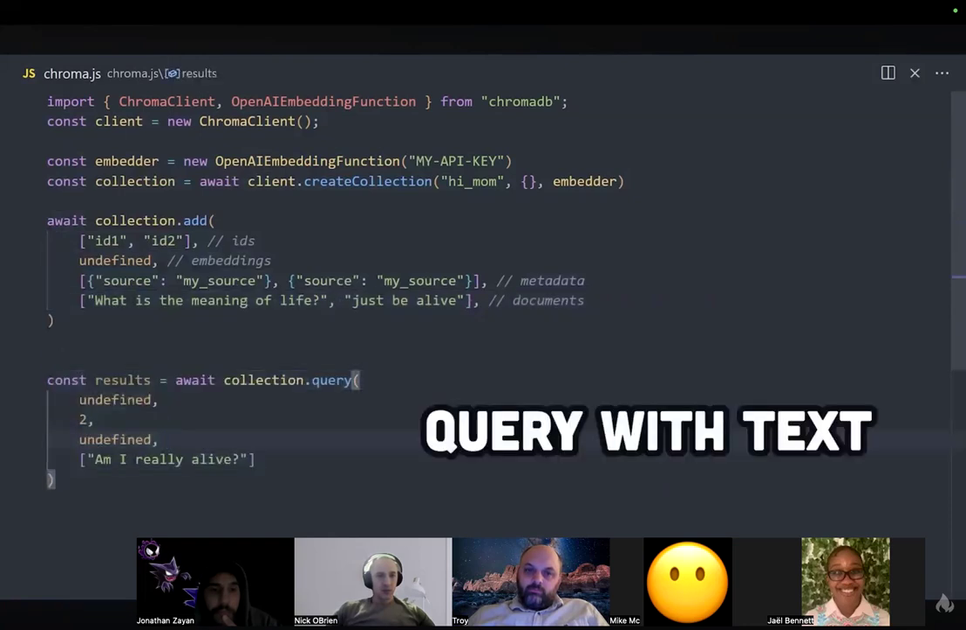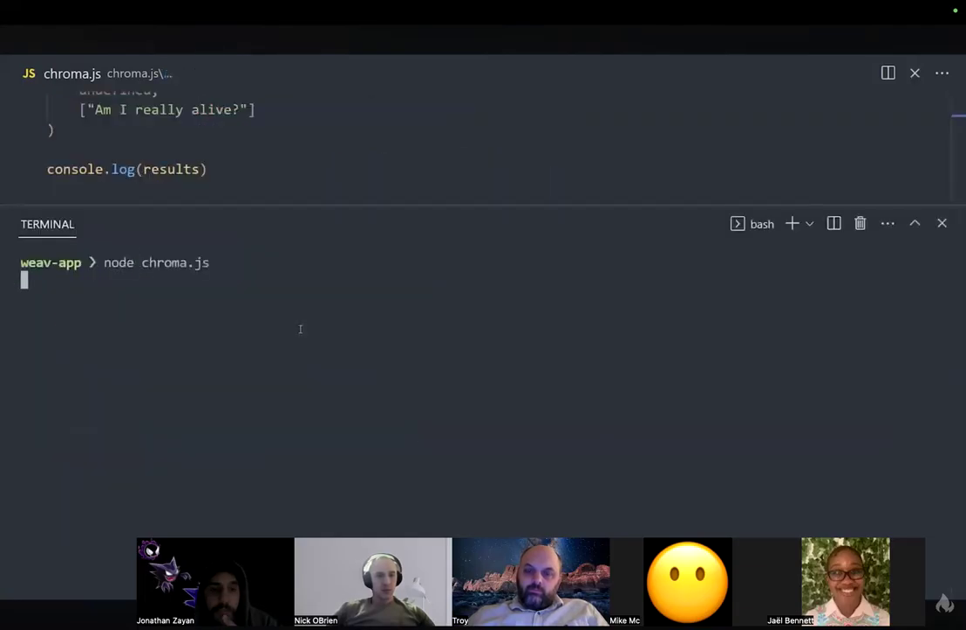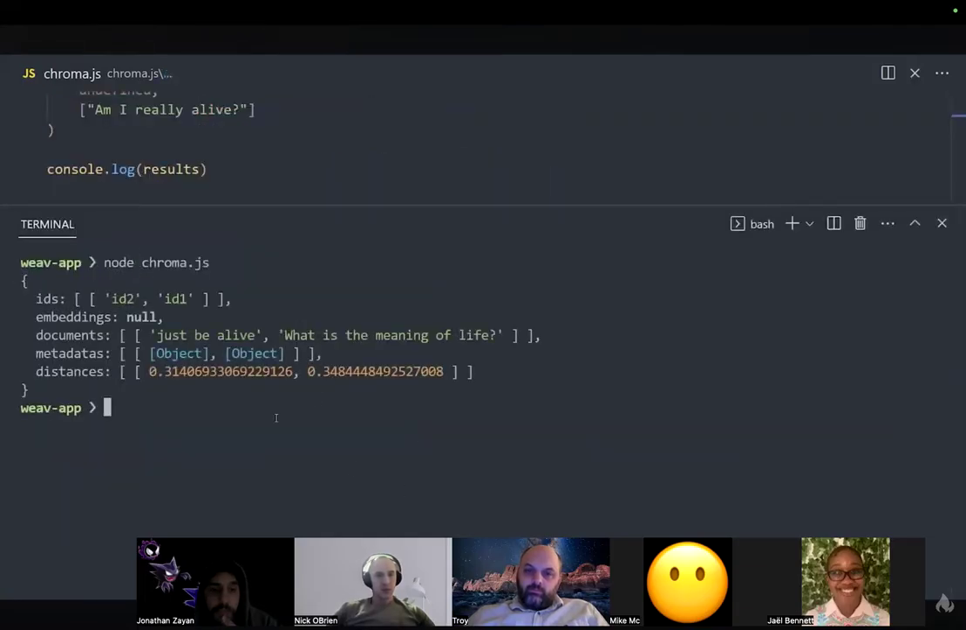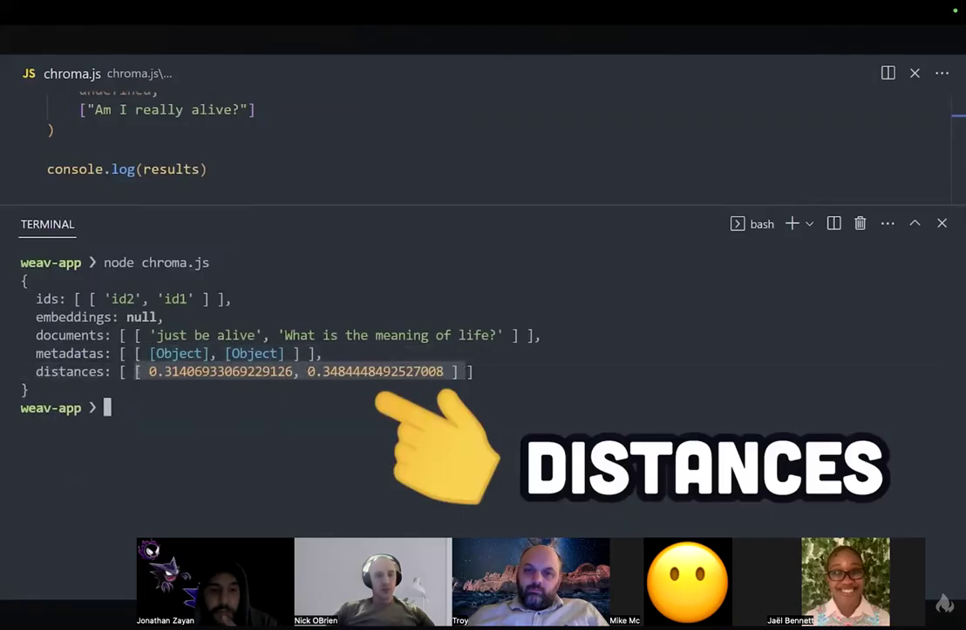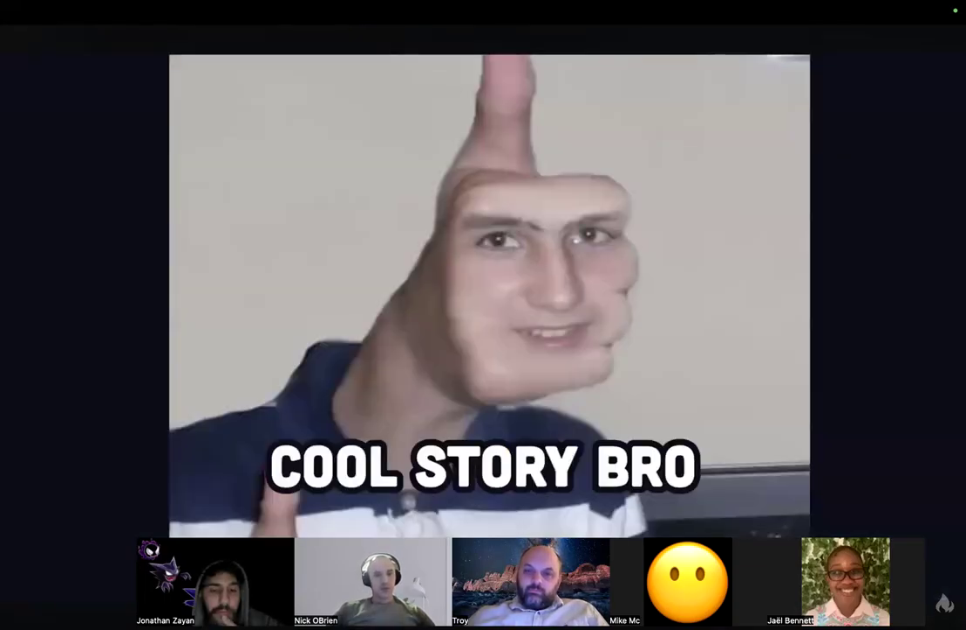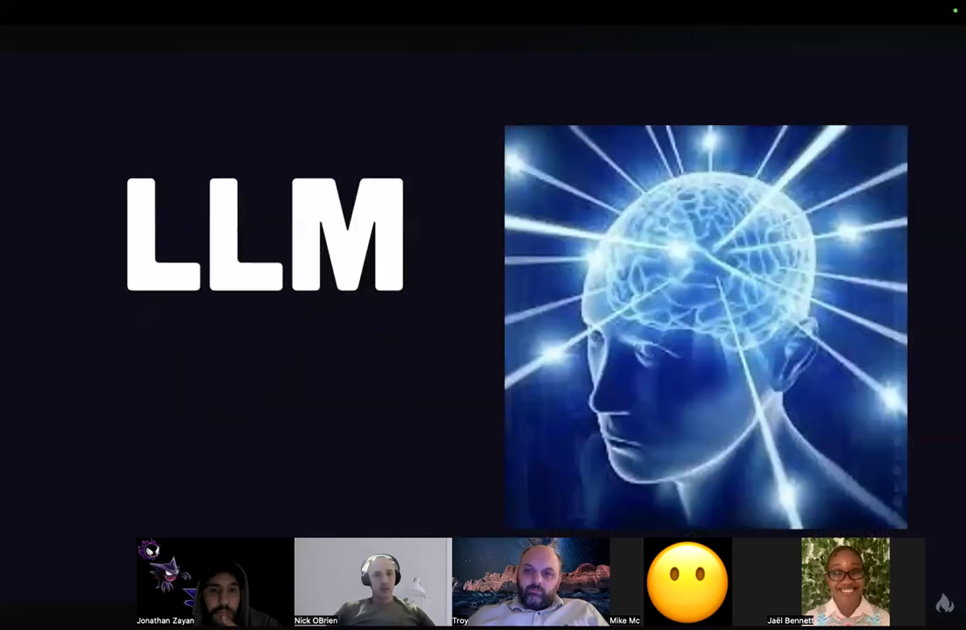And finally, we can query the database by passing a string of text just like an LLM. What's most interesting though is that in the query result, we get the data back in addition to an array of distances, with a smaller number indicating a higher degree of similarity. That's pretty cool, but the real reason that these databases are so hot right now is that they can extend